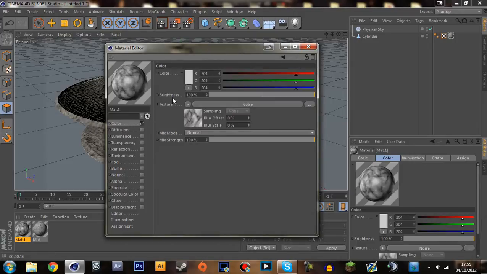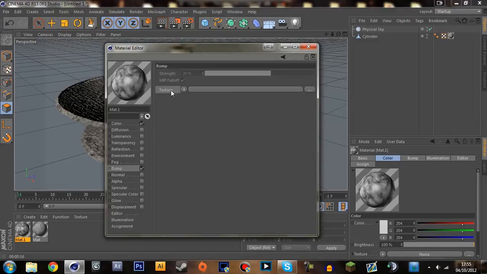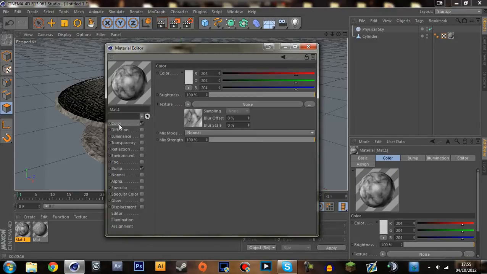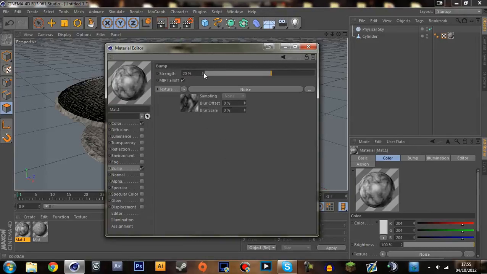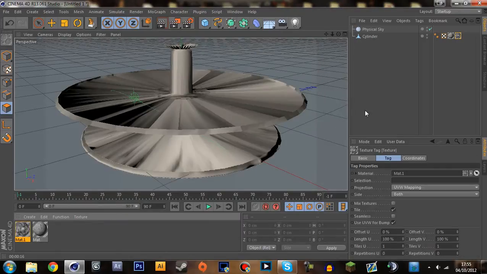Now click on your colour again, and where a texture is, copy it and put it in your bump. Oh, I'm going to go back and copy that, go to the bump, and paste. Now this you want to lower quite far, so it does look really bumpy. And obviously if I drag it on now, if I make it cubic again,